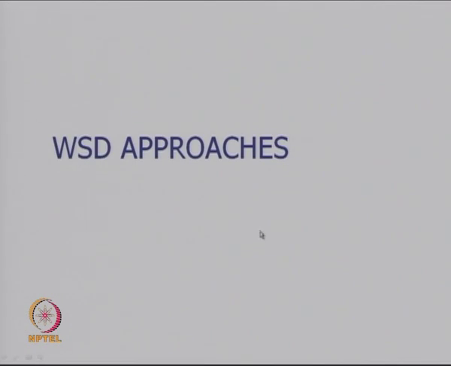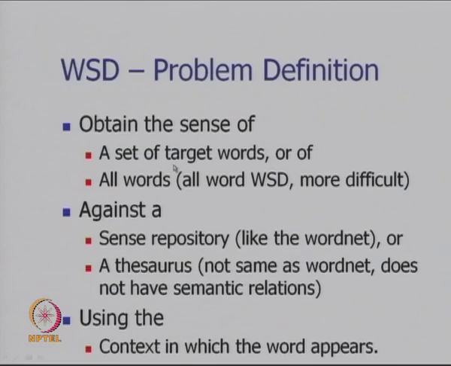So, having described the semantic relations, of which metonymy is a kind, and metonymy is a very complex semantic relation whose processing requires lots of syntax, semantics, lexicon and pragmatics machinery. We now move on to words and disambiguation, which is facilitated by the WordNet. Words and disambiguation approaches will be described now in terms of algorithms, but first we have a problem definition.